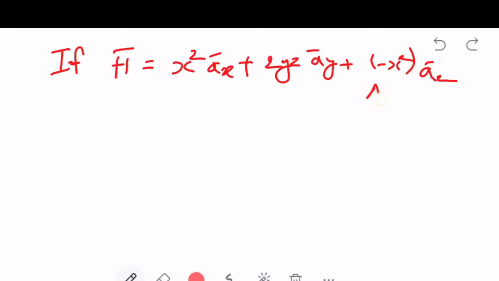The units are amperes per meter. If the magnetic field intensity vector is given by x square ax plus 2yz ay minus x square az amperes per meter, then the problem on curl is like this: find the current density